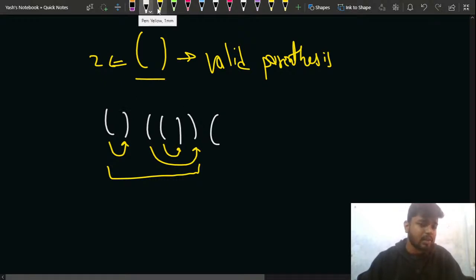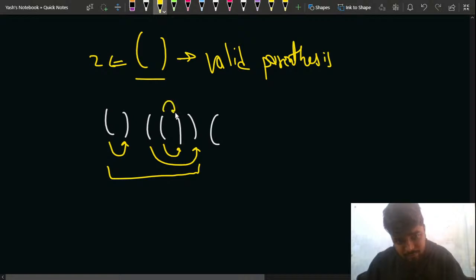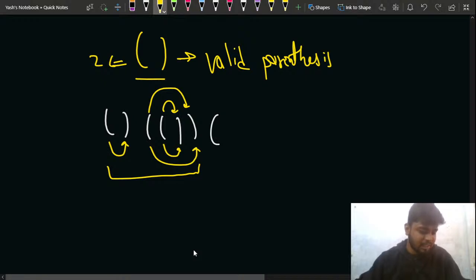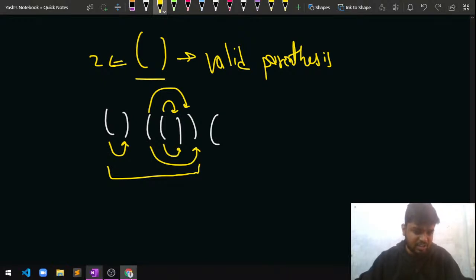Also, one more thing you can notice is that when you have an opening, you have an immediate closing for it, right? You have an opening, you have a closing for it. So in this way, this is giving me the maximum answer, right? Is this much part clear to everyone? You can just tell me in the chat.